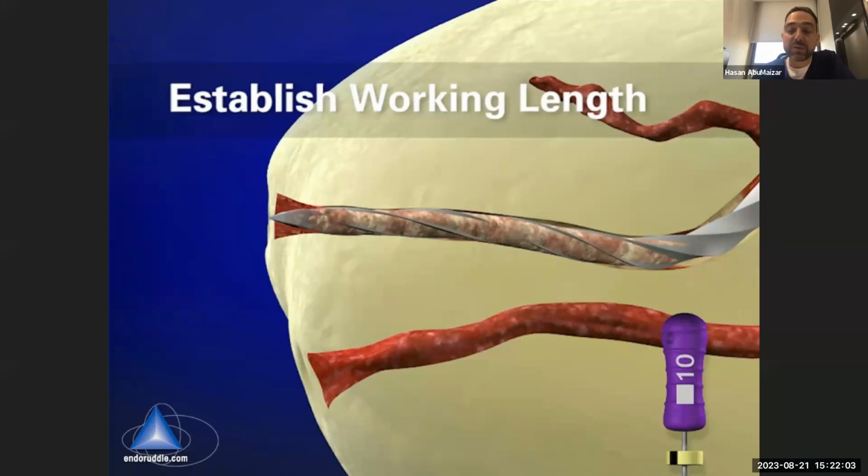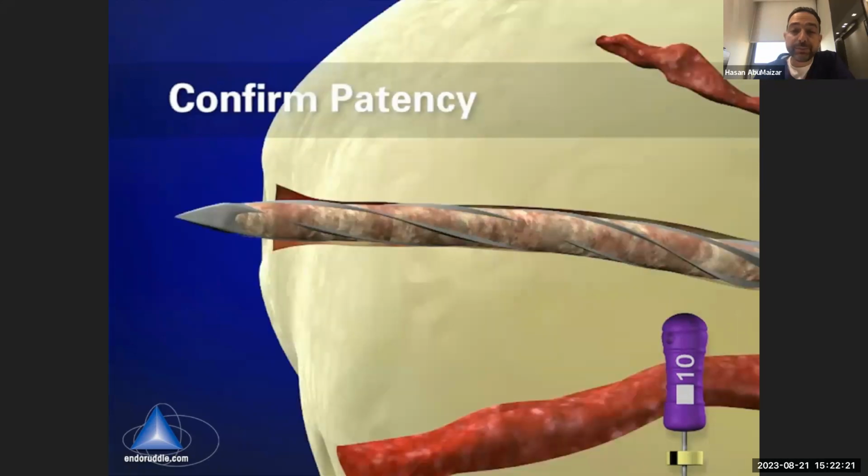Patency, basically, we can use file 10 or file 8 to go beyond the apical constriction by like 1 millimeter. It's beyond our working length by 1 millimeter. That would be enough to achieve patency. So after we do that, we verify our glide path. And this is how basically we